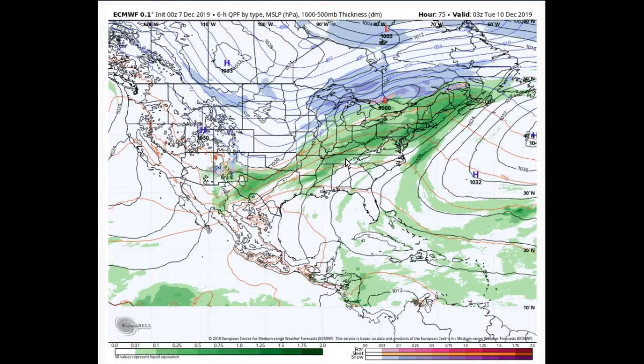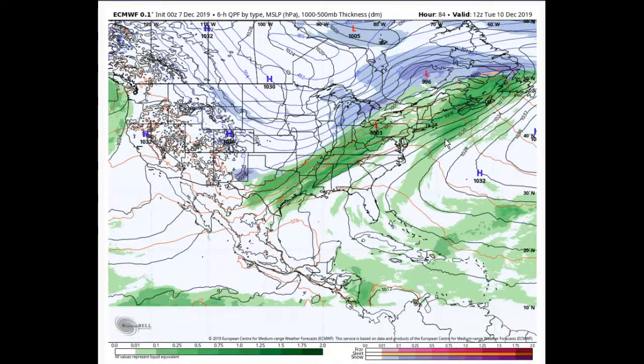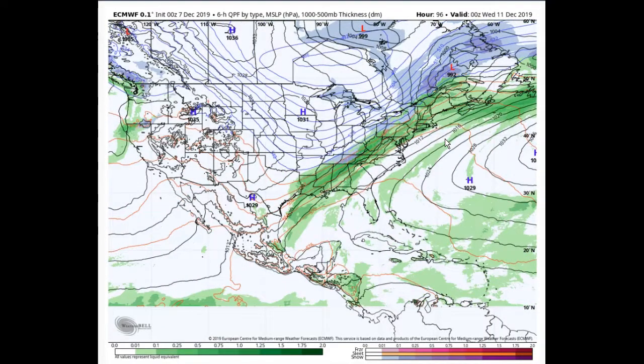And you can see here a little patch kind of working on through. Then kind of an elongated, skinny frontal boundary. These have the tendency to be the most difficult to forecast because they'll change. Also, you have the timing of these little waves of lower pressure rolling and rippling along the front northeastbound. So what ends up happening is we have this, and then the last wave of low pressure moves on by,